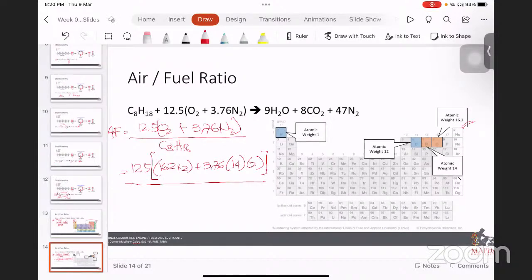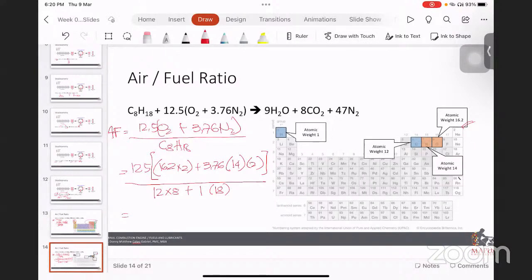divided by C8. Yung C, carbon, ay 12. 12 times 8 plus hydrogen. Ang hydrogen ay 1. 1 times 18 is equal to